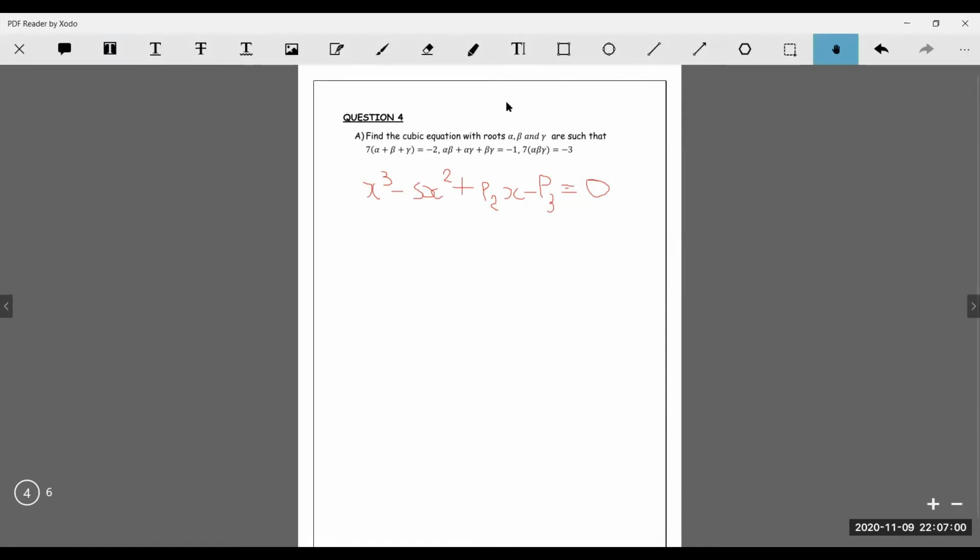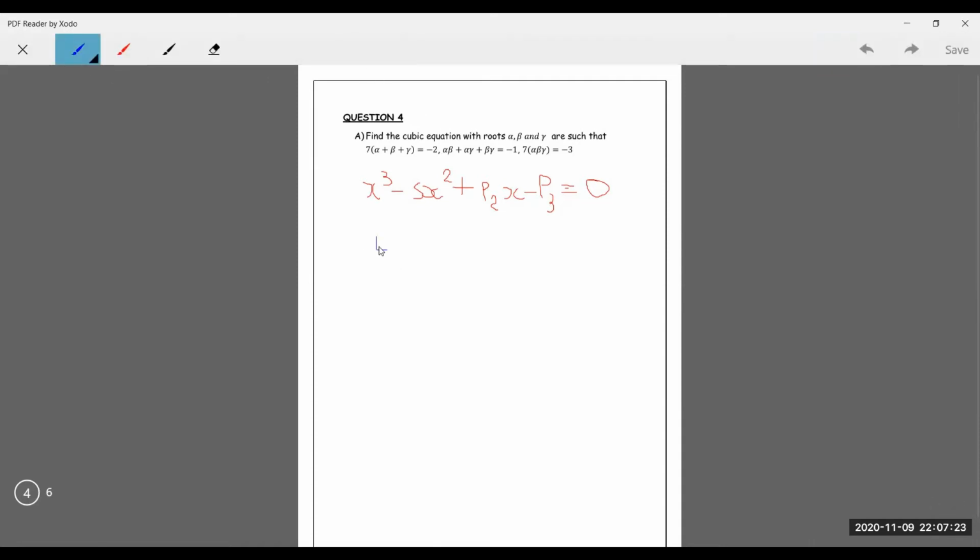All right. And so now let's go ahead and solve this cubic equation. Right here, the sum of the roots, alpha plus beta plus gamma. If we were to divide both sides by 7, we will get that the sum of the roots is actually negative 2 over 7. And so we can therefore write that the equation of this cubic is just x cubed minus, now minus and minus become plus, the sum of the roots, alpha plus beta plus gamma. That's actually negative 2 over 7. So it becomes 2 over 7 x squared